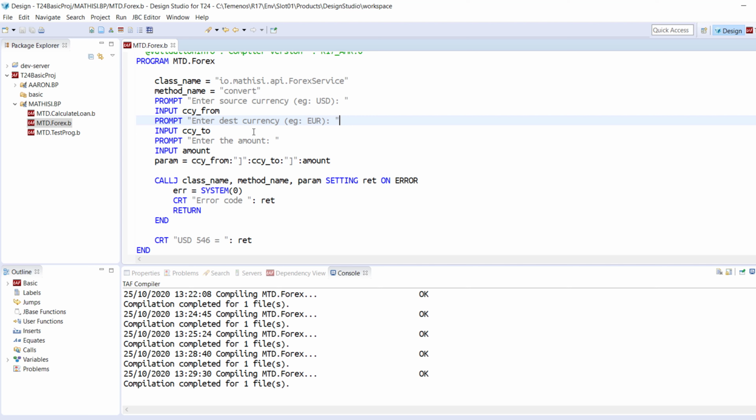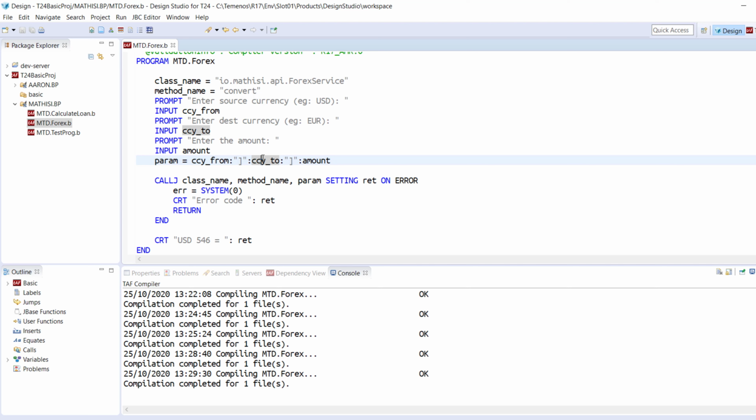You fetch the rates, then probably you apply the conversion in your currency table. So you can do a lot from here. So with this, we are concluding our Callj topic. So I've shown you how to use Callj in TAFJ environment, and now I've shown you how to do it